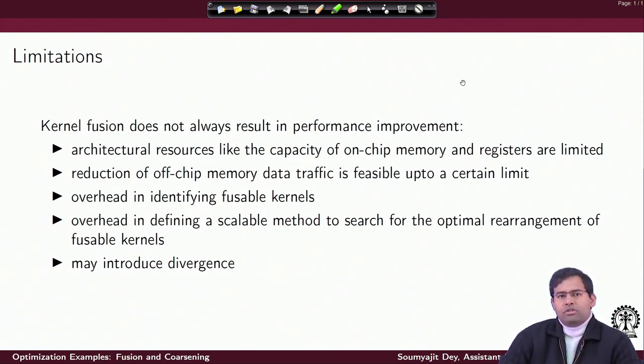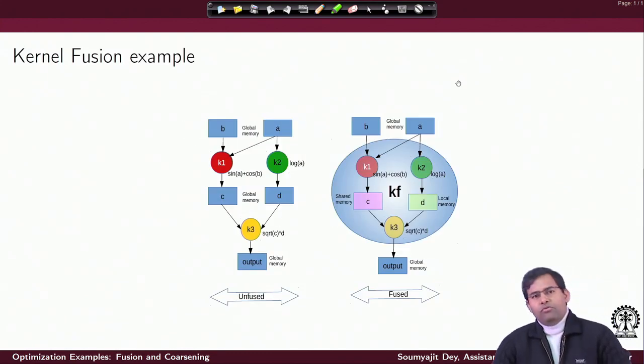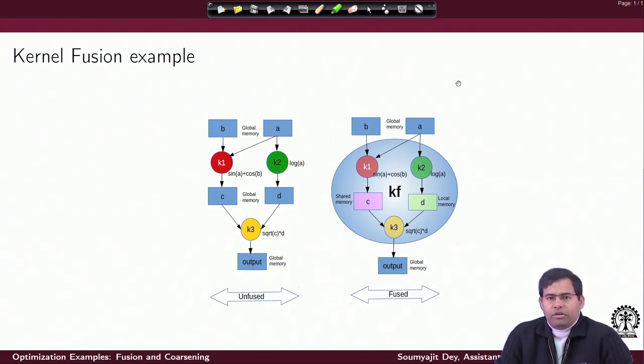So, one has to decide on doing the kernel fusion based on architectural knowledge and the usability of the GPU's parallelism. What we will do is provide some examples, and classify this idea of kernel fusion into several formal classes and figure out in which cases which kind of fusion is advantageous.